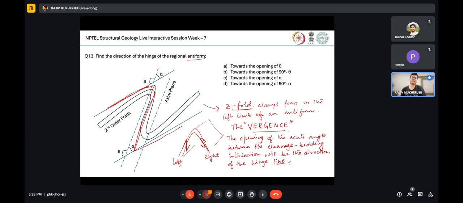So this is called the vergence of asymmetric folds, and from that you can determine in which direction the